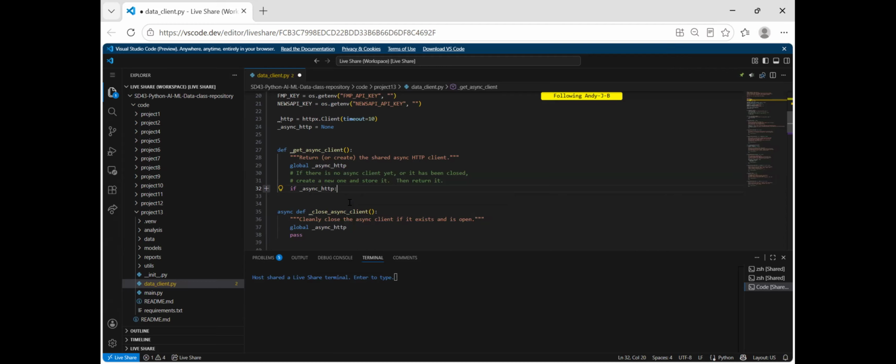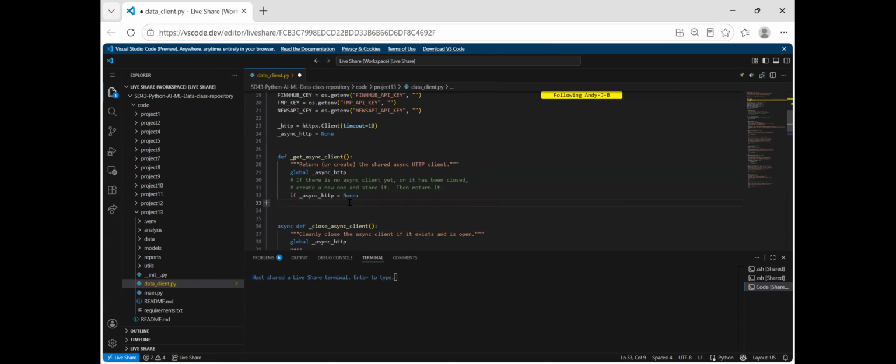If async HTTP is none. No, no, is. IS instead of equals. So if async HTTP is none,